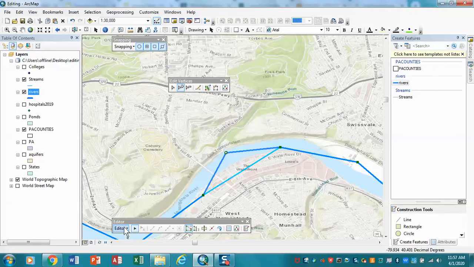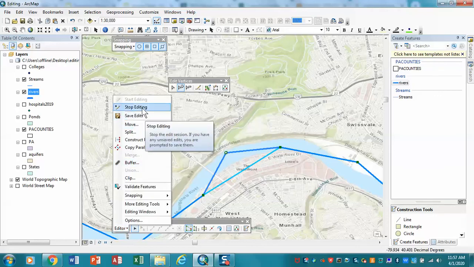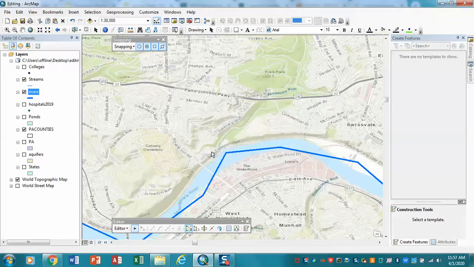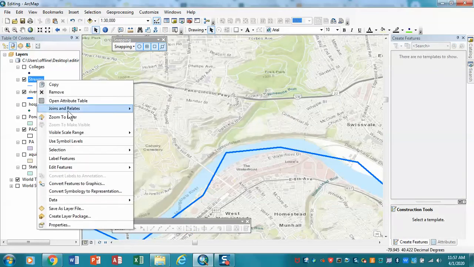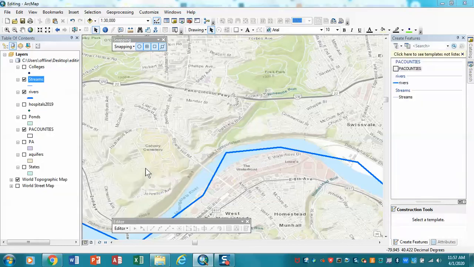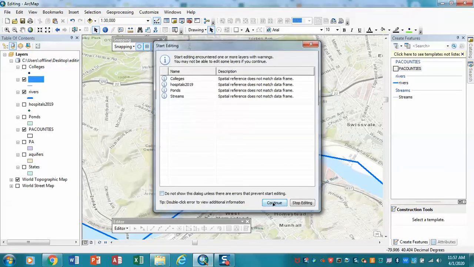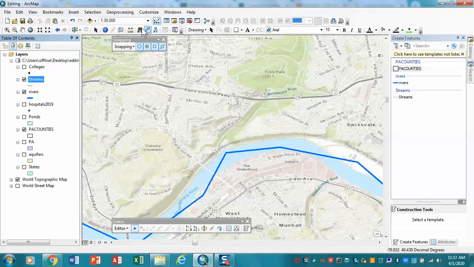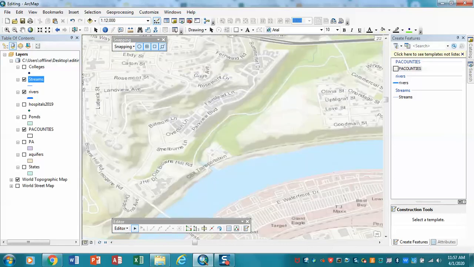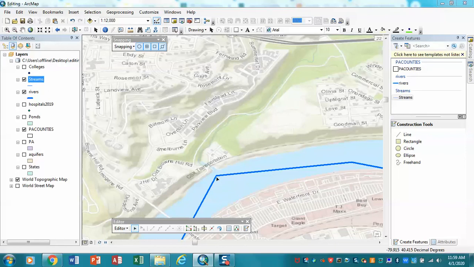All right, and so now I'm going to go back into Editor, stop my edits, and save them. And now I'm ready to go into the next piece. So under Streams, I'm going to start editing streams. And again, I'm going to make sure that I'm at 12,000 scale because that influences the accuracy of my digitizing. So I've moved this now, and what I want to do now is what is called a streaming mode of digitizing. And the way that this works is, again, I'm going to select my line tool, and I'm going to